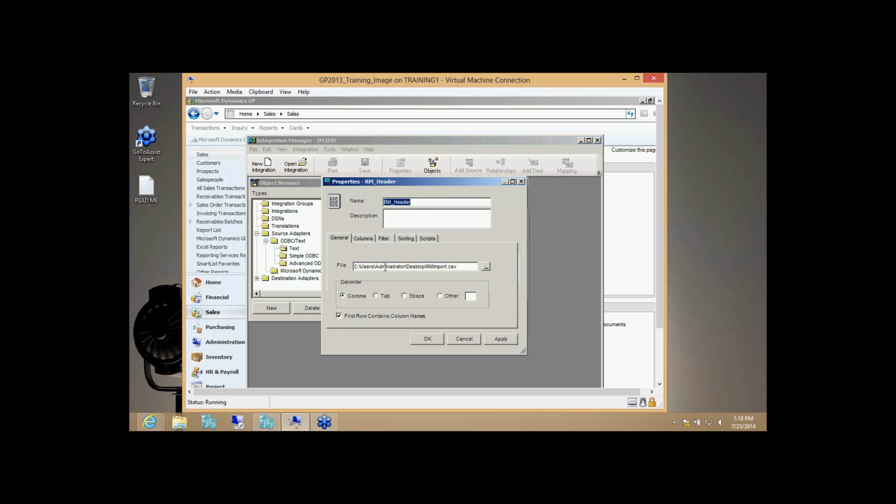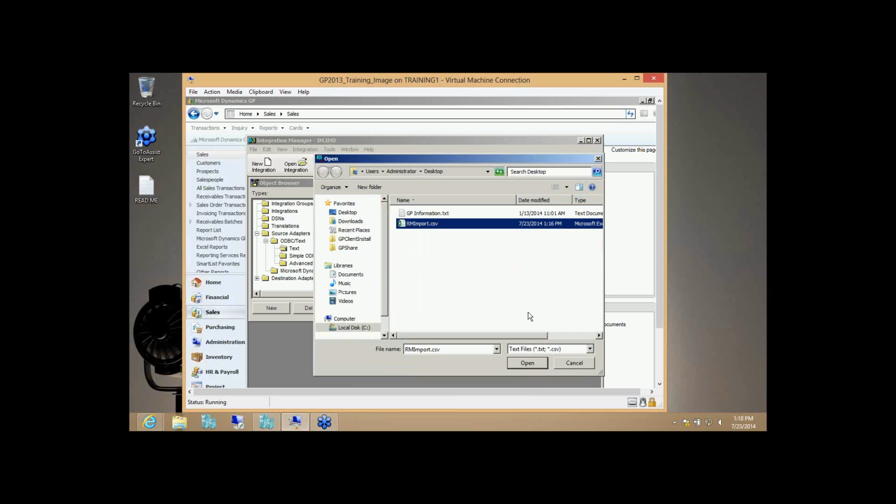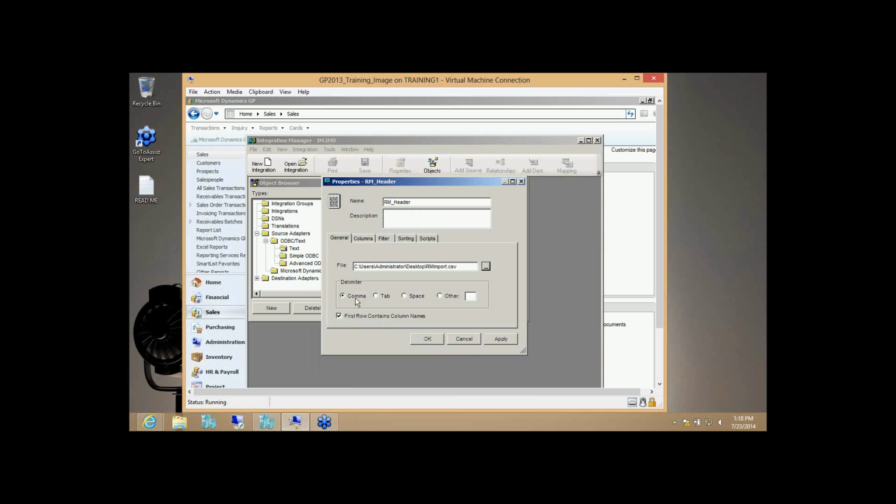So if we look under here, you can see I've mapped it. I've just simply used the ellipse to go find the CSV file, open, and I've told it that it's the comma separated file and that my first row is the column names. I then hit apply, and you can check your columns and just verify that it is showing the column names,